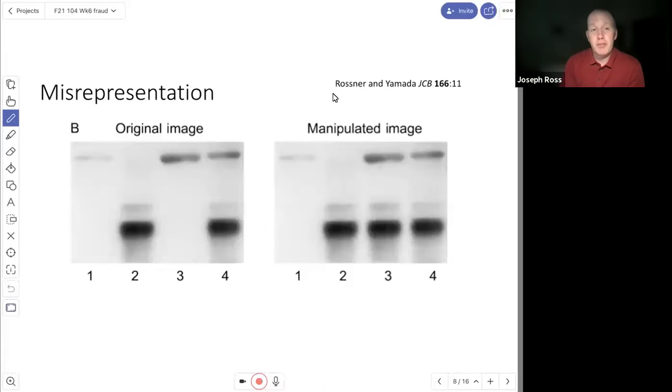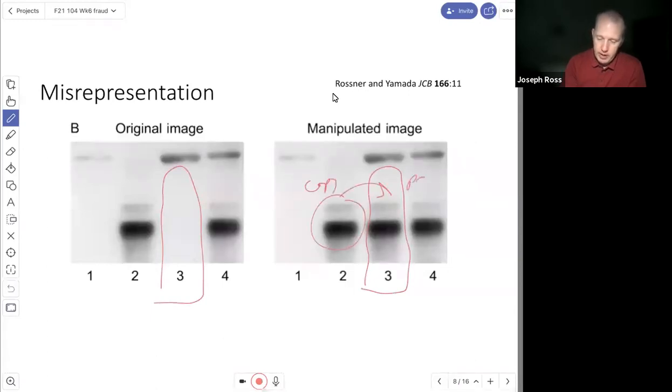So what's changed? What's the difference between the two, and what's the motivation of the authors? Well, all of a sudden in this manipulated image, there's a set of bands in lane 3 that were not present in the original image. So what did the authors do? Copy, paste. And you can see that if you look, actually, I don't know, maybe it was that pair of bands or the next pair of bands, but if you zoom in,